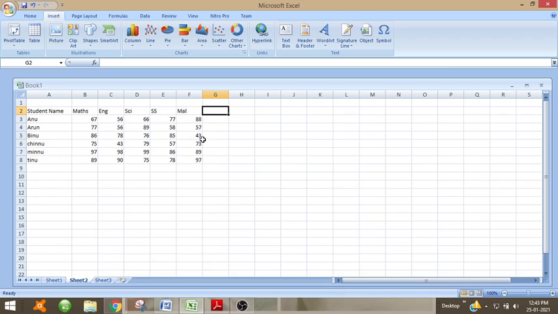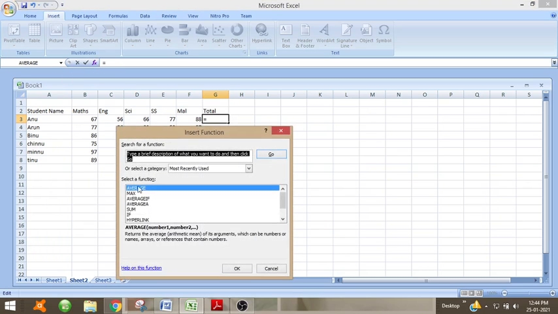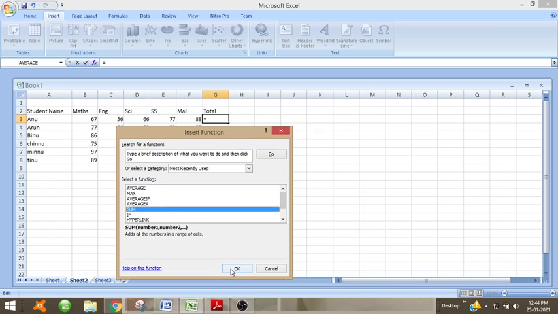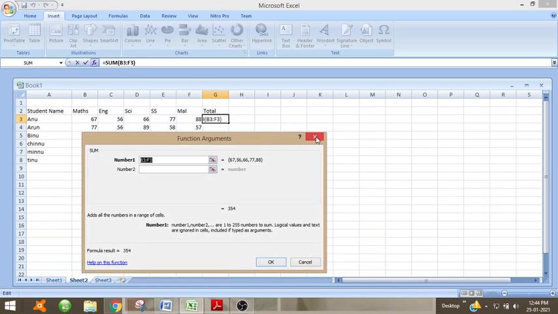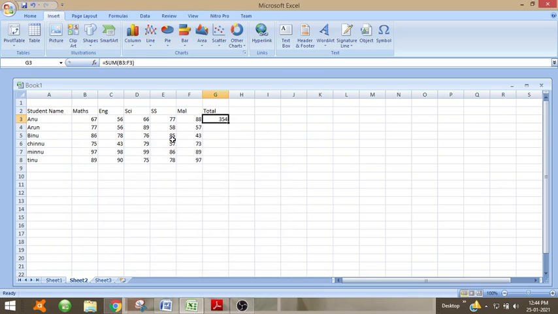So here I have created a table, and here we can add a column to find the total. So total. Now we can use the sum function here. So here put equal to, then click on fx, and here you can see different functions. We need the sum function, so click on sum, then OK. Then for which all columns do you need to find the sum?